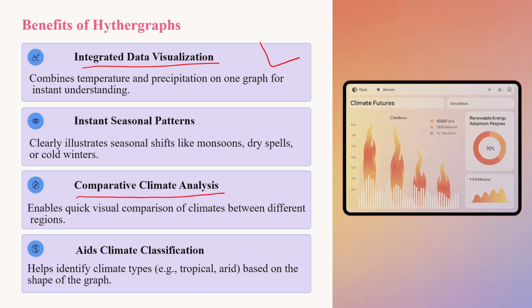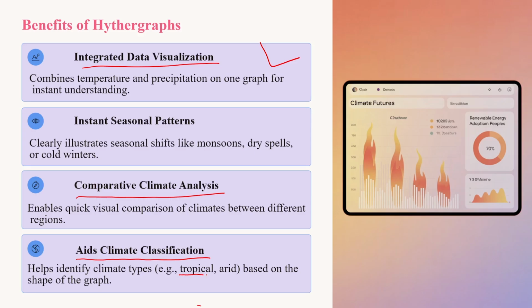The fourth benefit is that it aids in climate classification. We have Hyther graphs of different places around the globe, and we can classify climate accordingly, into tropical climate, arid climate or Mediterranean climate,